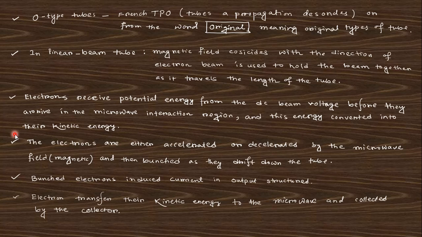That means when we input an RF power, the energy of the electron comes to this RF power, and in the output the energy or the amplitude of the RF power is enhanced due to this electron. That means the energy from the DC source is transferred to this RF power with the help of this electron, and finally the electron is collected and the RF power is enhanced. That is the main funda for the O type tube, or you can say linear beam type tube. Okay, all these type of tubes follow this principle.